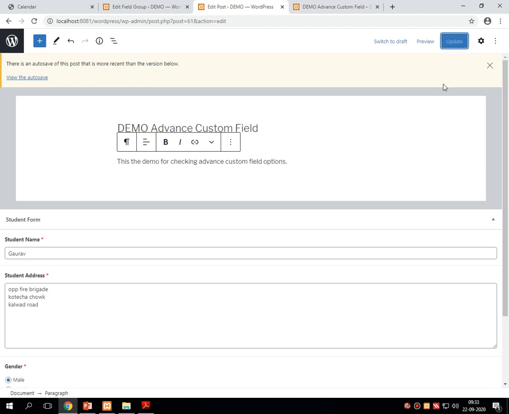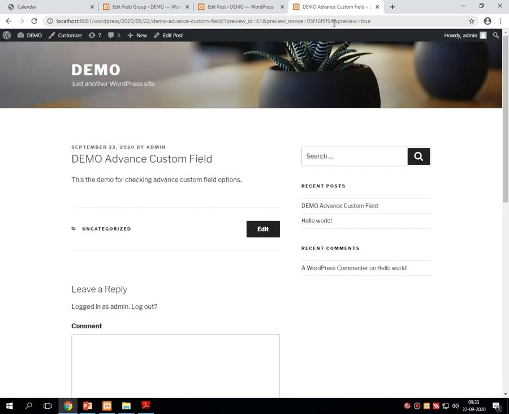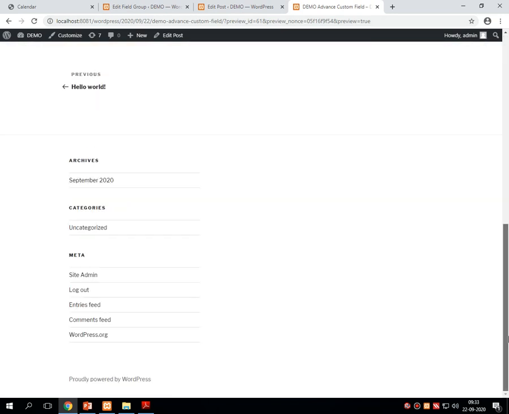I have added and updated the things. Now let's go into the preview and let's have a look on this new post. This demo is for checking advanced custom field option. Fine, it's there. Everything works fine.